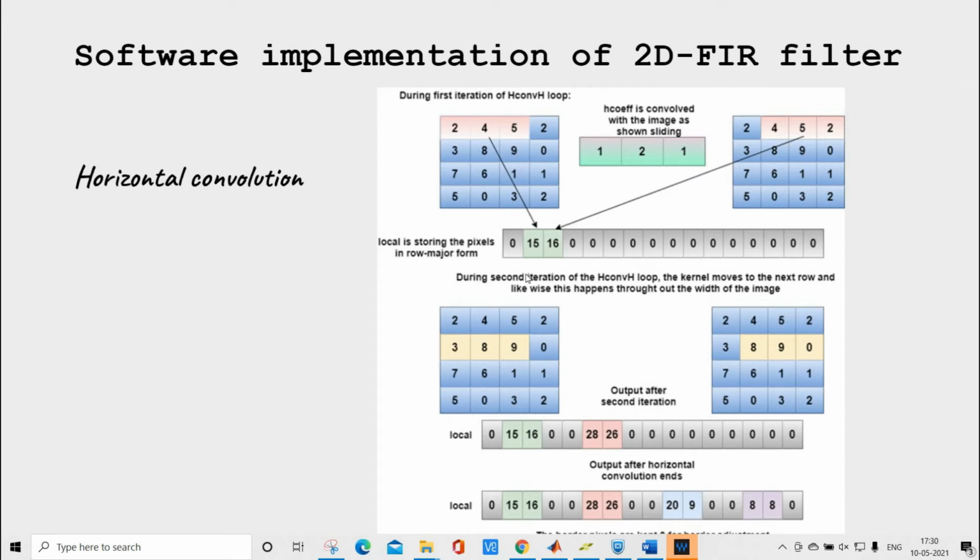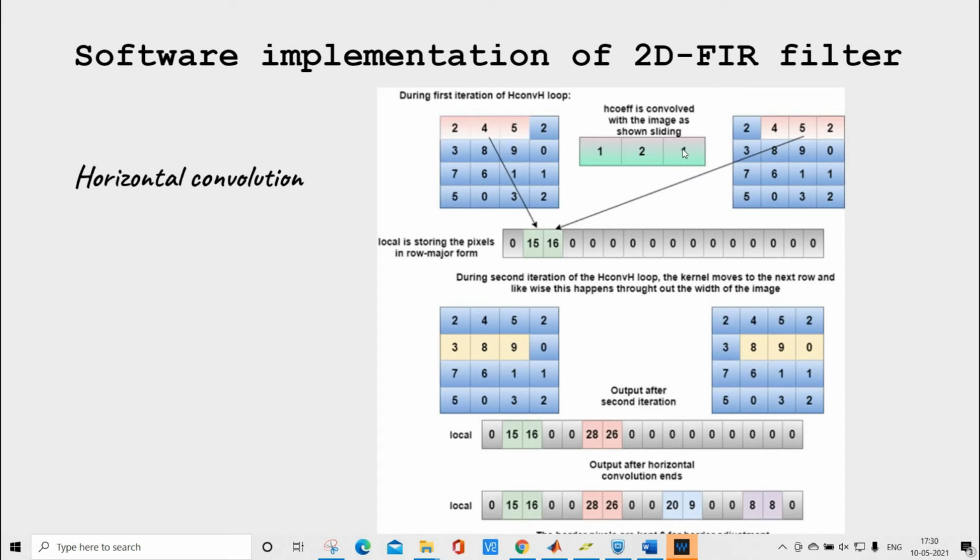Now we have taken a local temporary variable which is of the size 4x4, that is the entire 16, and here, to keep the image pixels in a row major form, we store the resultant convolution values like this. This was the first iteration of my outermost loop. In the second iteration, this entire pixel window moves to my next row, and here also it shifts from 389 then 890, and if I had a bigger image with a bigger width, it would move on like this.